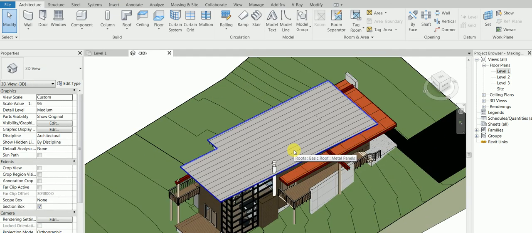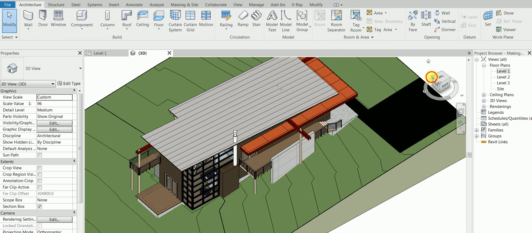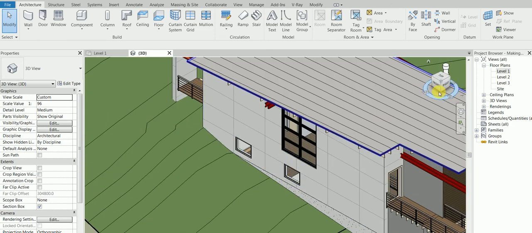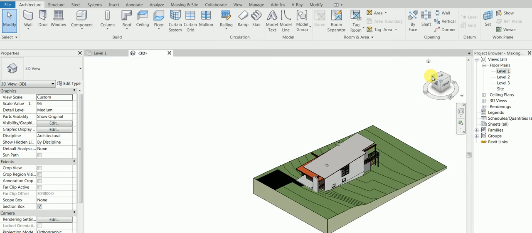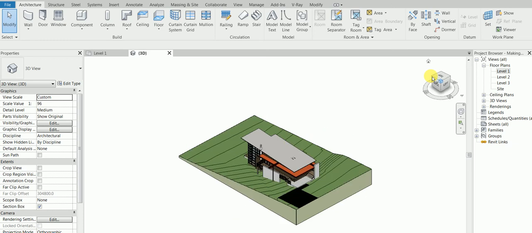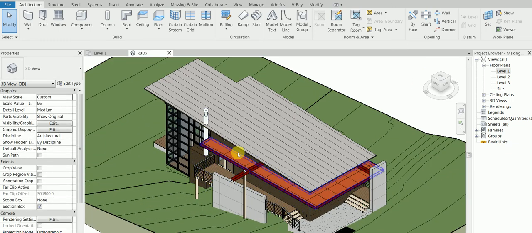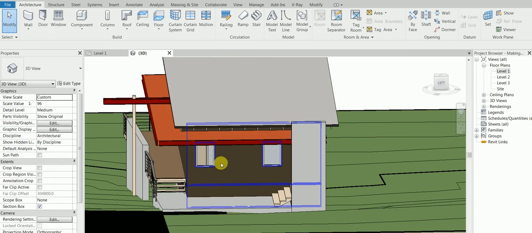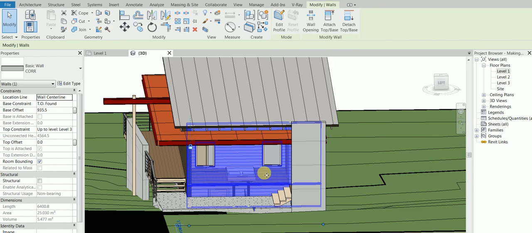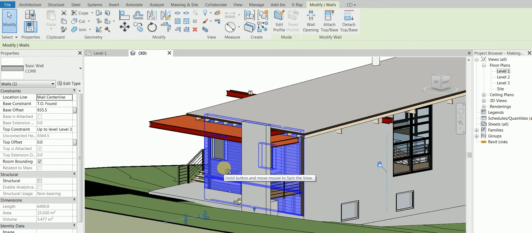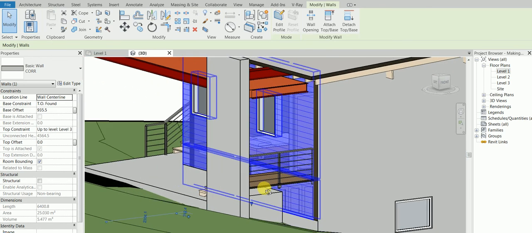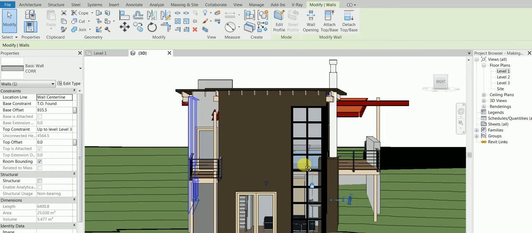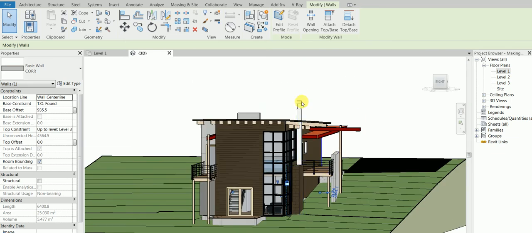Okay, this is the house, isn't it? Let's just make a 3D view. You cannot see where is my... Yeah, these are my... This is the bedroom. Okay, you get the picture? Yeah. My question is,